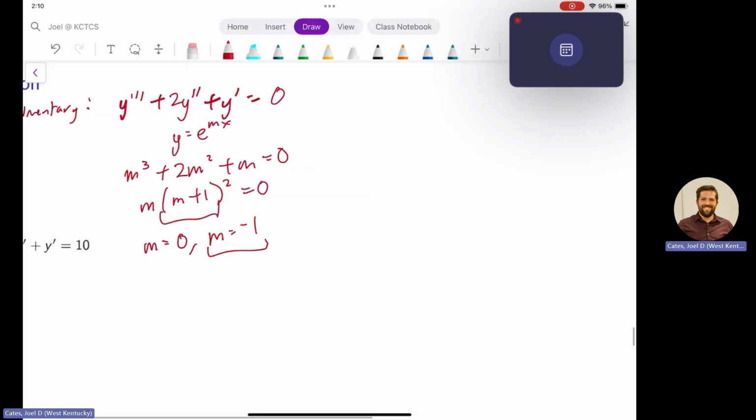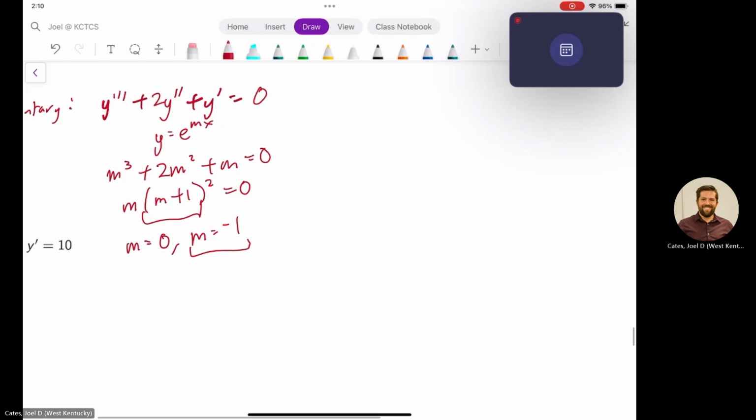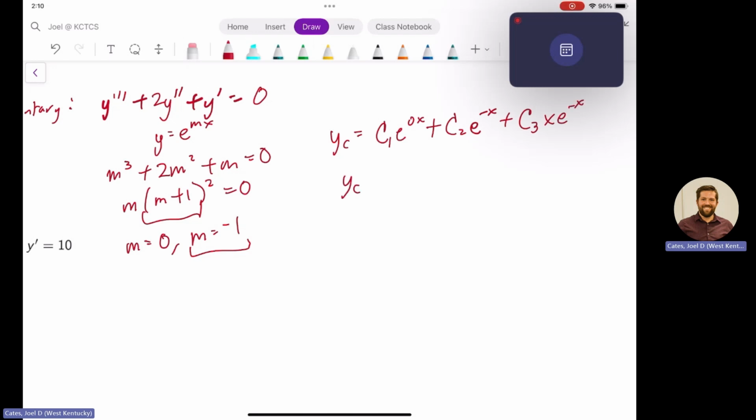So my complementary solution ends up looking like c sub 1 e to the 0x plus c sub 2 e to the minus x plus c sub 3 x e to the minus x. And that is to say that I have the complementary solution is c sub 1 plus c sub 2 e to the minus x plus c sub 3 x e to the minus x. So we've done the easy part. Now let's look at